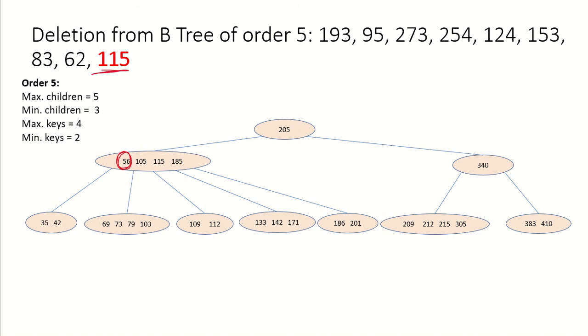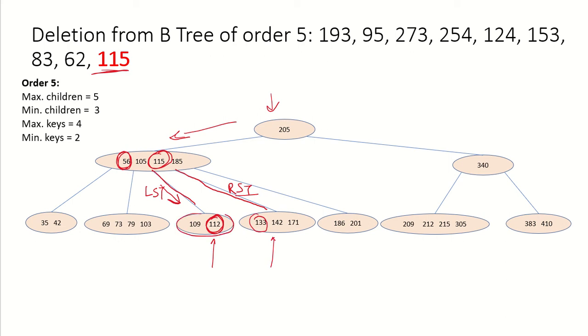Now the next key that needs to be deleted is 115. So again when we start from here, we reach this node and 115 is here. Again it can be replaced by its in order predecessor or its in order successor. That means the largest value in the left subtree. So for 115, this is the left subtree and this is the right subtree. So now this 115 can be replaced by the predecessor, which is the largest value in the left subtree, or its successor, which is the minimum value in the right subtree.